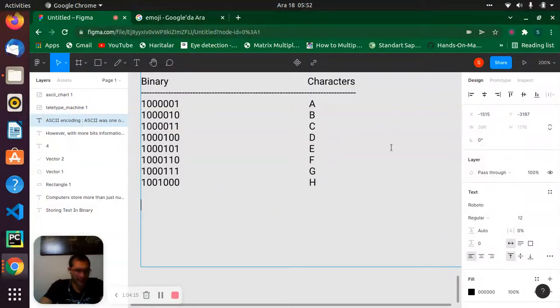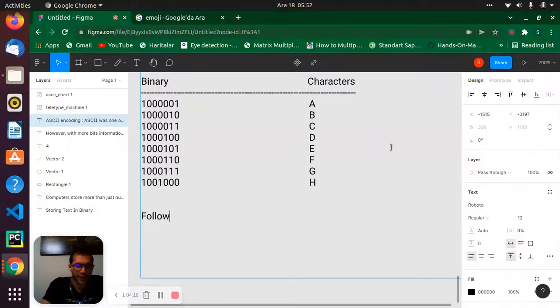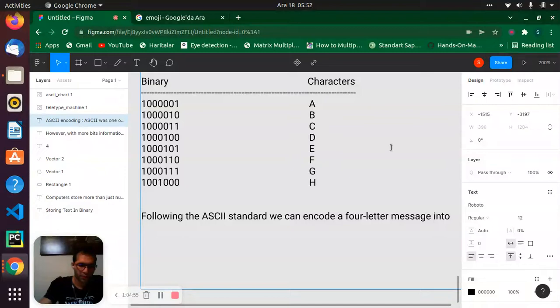Anyway, let's come down and say following the ASCII standard, we can encode the ladder message into binary.